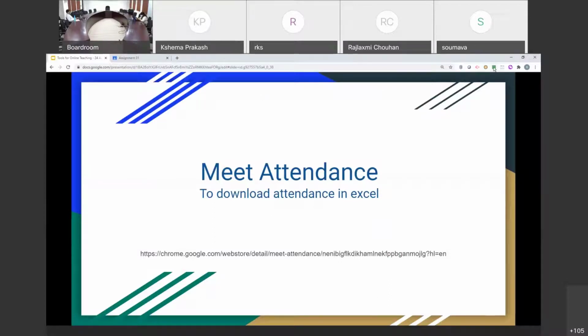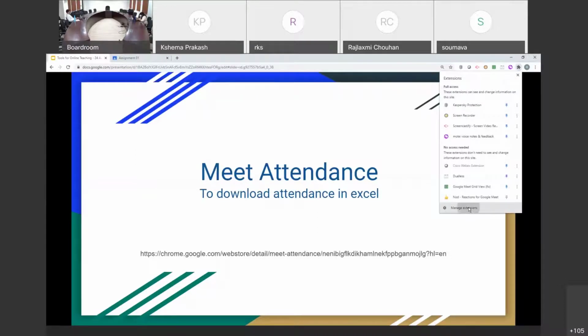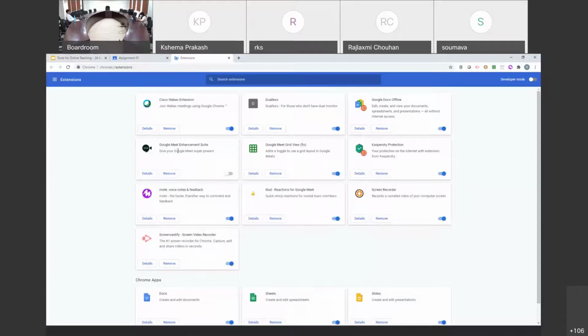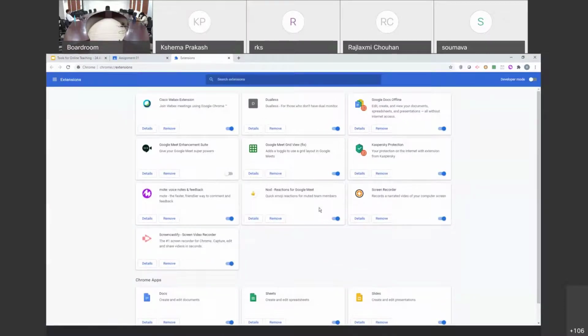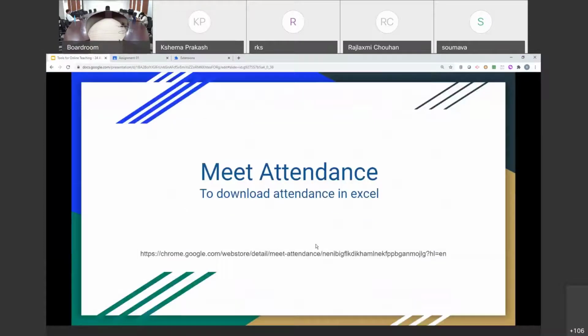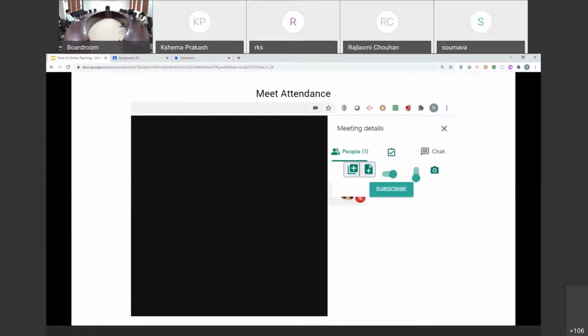If you can see on the top right corner of my browser... Okay, 1 second, I'll go back. Meet Attendance. This is how it would look. Install this red apple with a checkbox.